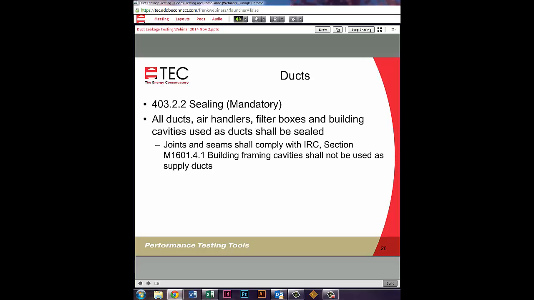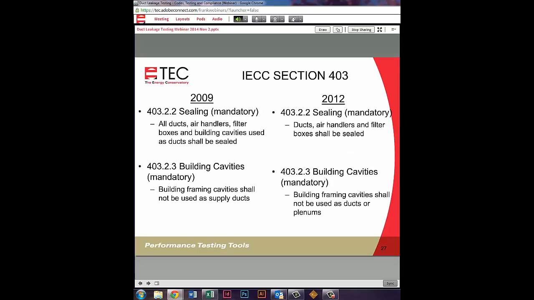Sealing. All ducts, air handlers, filter boxes, and building cavities used as ducts shall be sealed. And I'll show you some examples of sealing and what some good stuff actually really means. Now here's a difference between the 2009 code and the 2012 code. So you can see that there are subtle differences, but in this particular case,